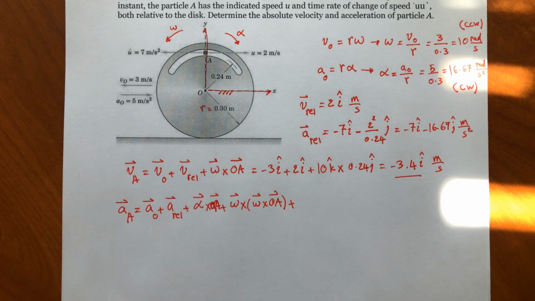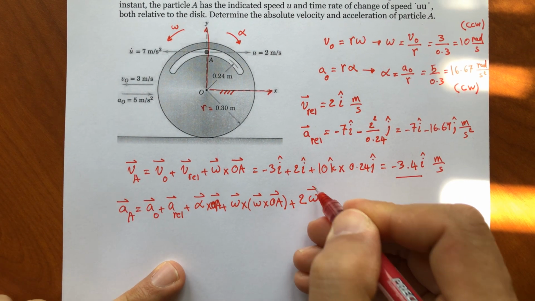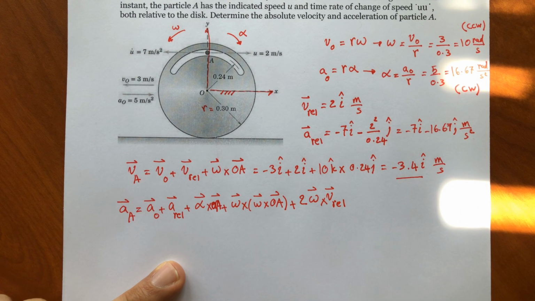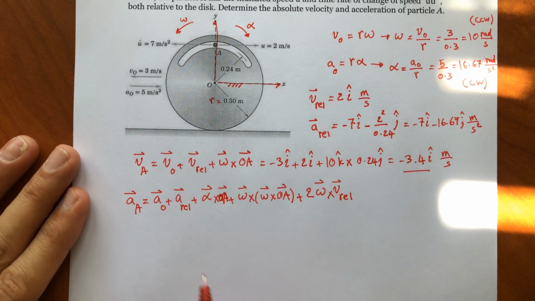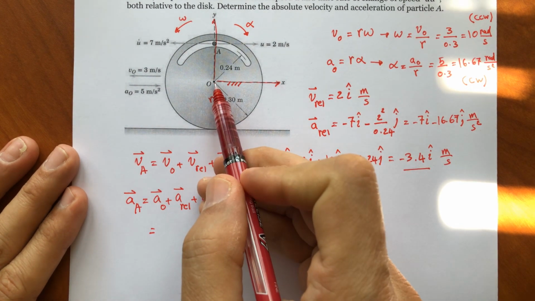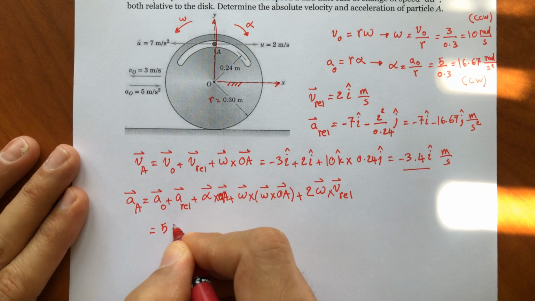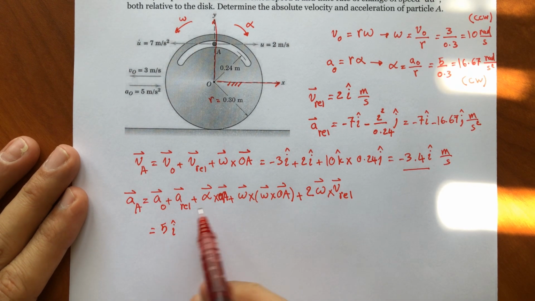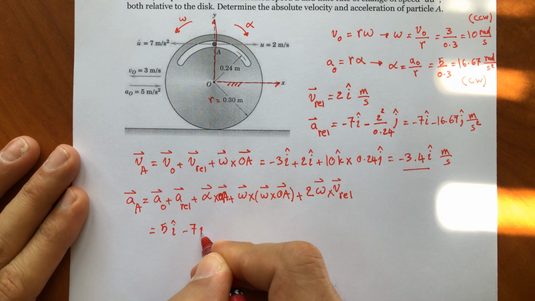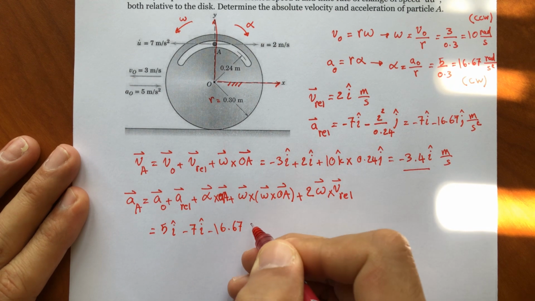Plus the Coriolis acceleration, 2 times omega cross V rel. So we can just plug in the numbers. Acceleration of O is 5 to the right, so 5I. The relative acceleration, we found it here, negative 7I, negative 16.67 J,